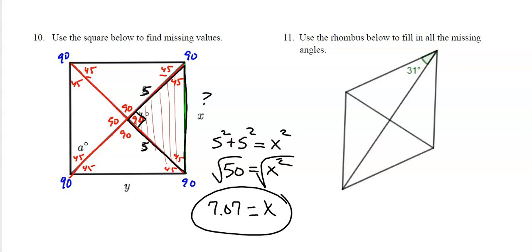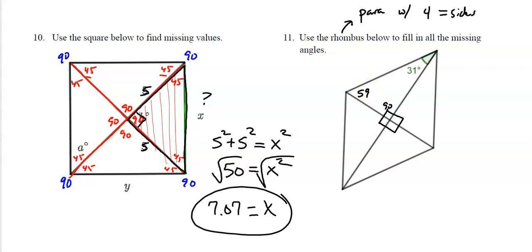Now a rhombus is a special shape. It's basically a parallelogram with 4 equal sides. So it's just like every other parallelogram, but it's got 4 equal sides. And it also crosses like a square where it's got 90 degrees in here. So all those corners are 90. So if this is 90 and that's 31, that means to get 180, this is going to have to be